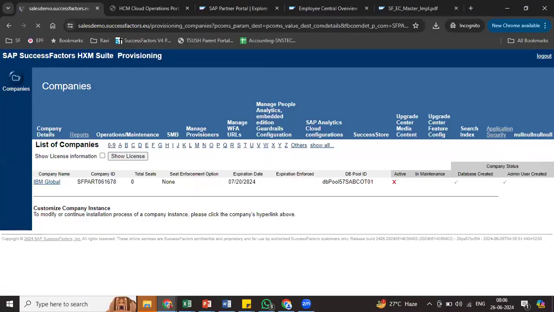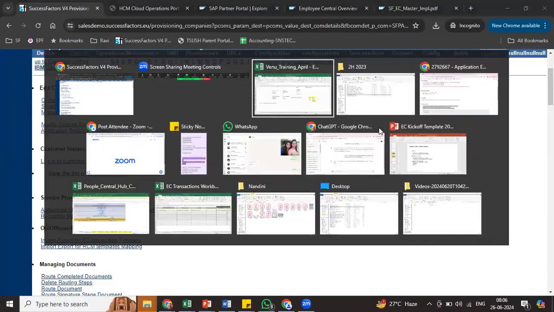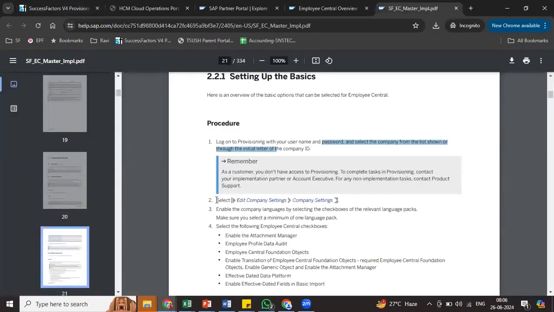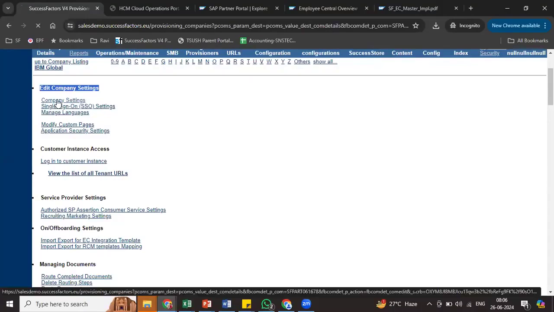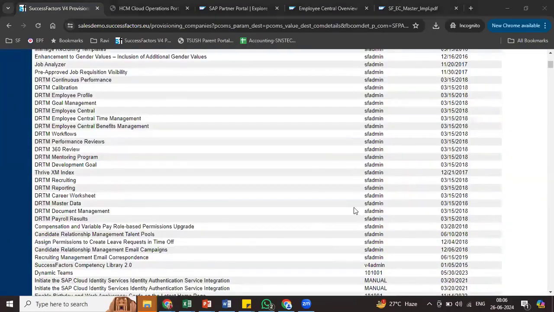This is my company ID. Once you click on the company ID, the next step is to select edit company settings and then company settings. From edit company settings, select company settings. Most of the features, 90% of the features, are available in company settings, and you will be enabling or disabling them here. You click on company settings. Okay. And then